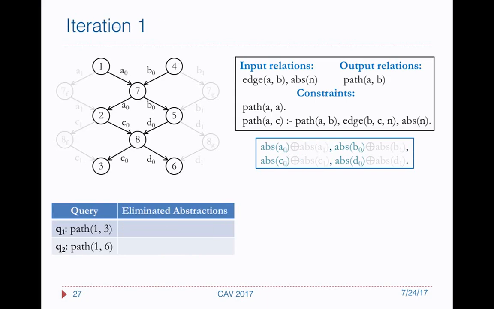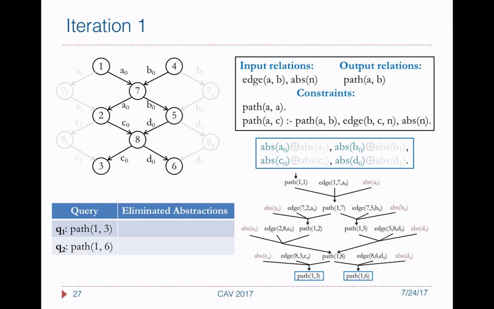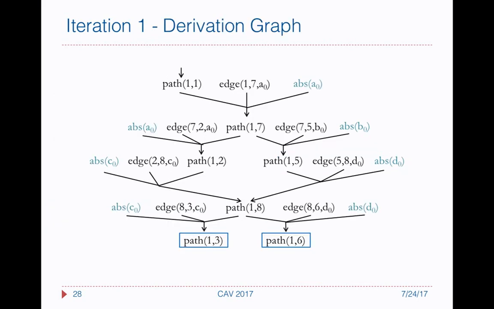Okay? So here's how our CEGAR approach works. So in the first iteration, we start with the cheapest possible abstraction, which is 0-CFA. And it does not inline any function at any of the call sites. And as expected, we fail to prove both of these assertions. But now let's see how we can generalize this failure so that we don't keep trying each of these 16 abstractions one at a time. What we notice looking at this derivation hypergraph that we obtained from a Datalog solver is that